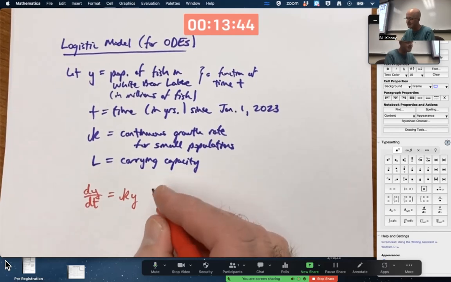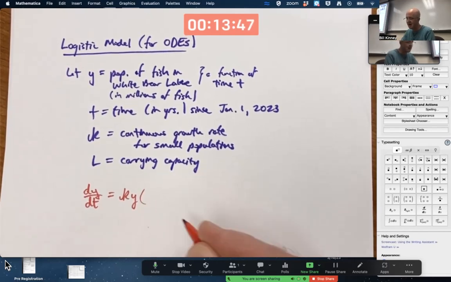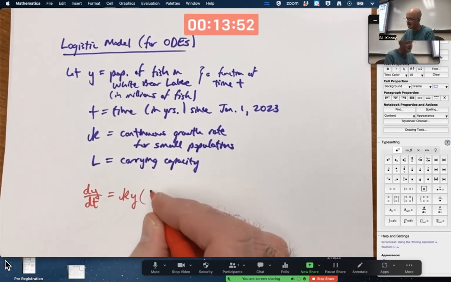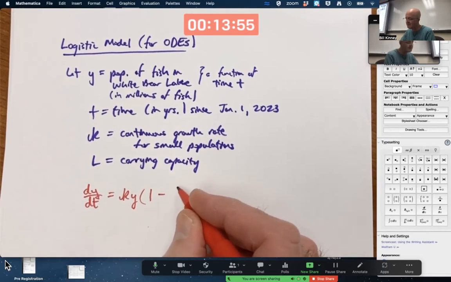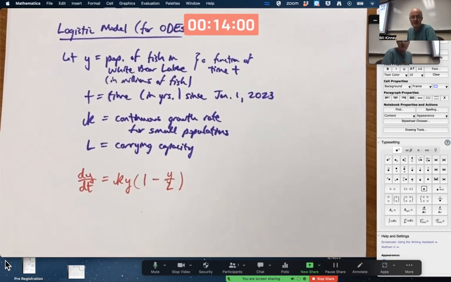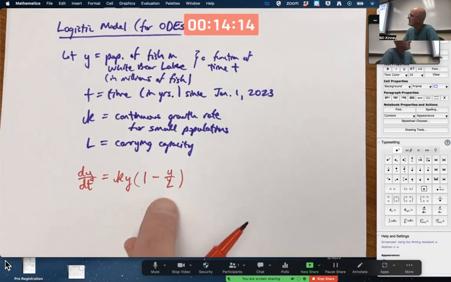And the simplest kinds of things you can think of here are, well, you could do L minus y as one option. A little bit more common is to do 1 minus y over L. That is a quantity that is close to 1 when y is small compared to L, close to 0 when y is close to L. In fact, it equals 0 when y equals L,